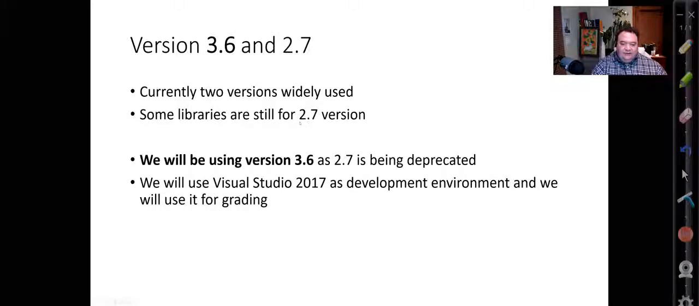One reason why 2.7 was so popular, there were lots and lots of libraries that have been ported very well to 2.7, and there are still some that are only in 2.7, and they are slowly getting ported to 3.6, but it's going to take a while. That's the downside of having had a release that was so popular. We will use 3.6, and it's not going to make a huge difference, but there is no point in using